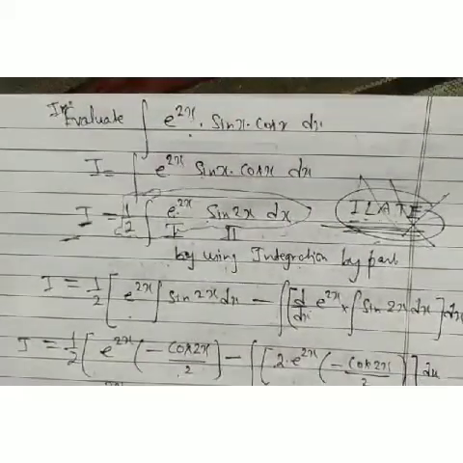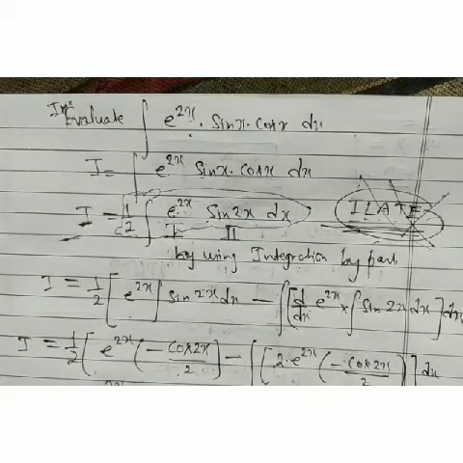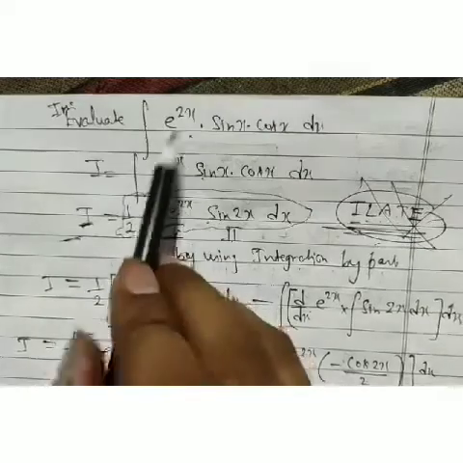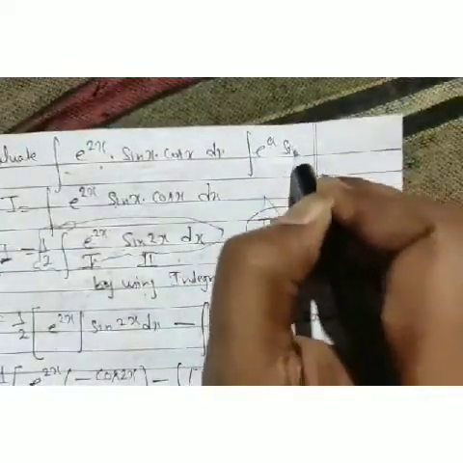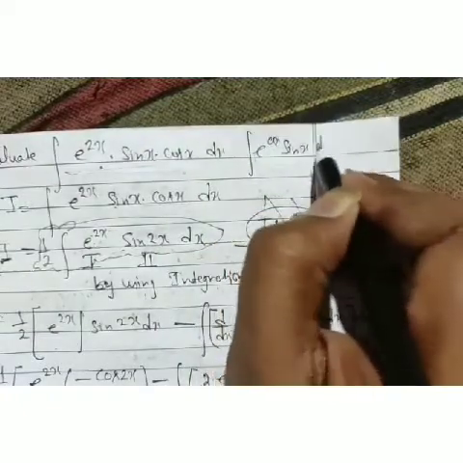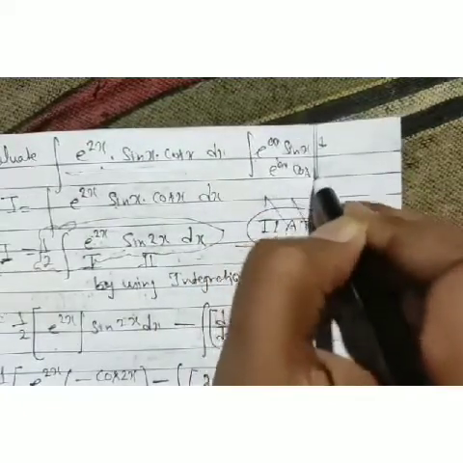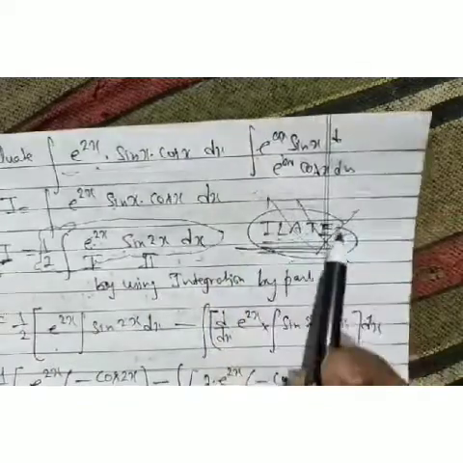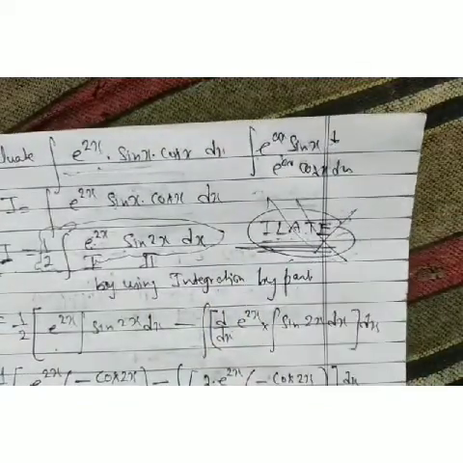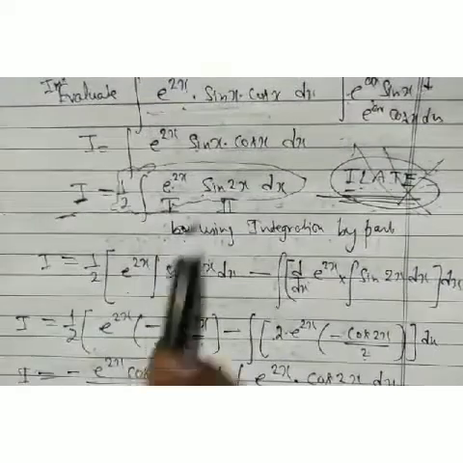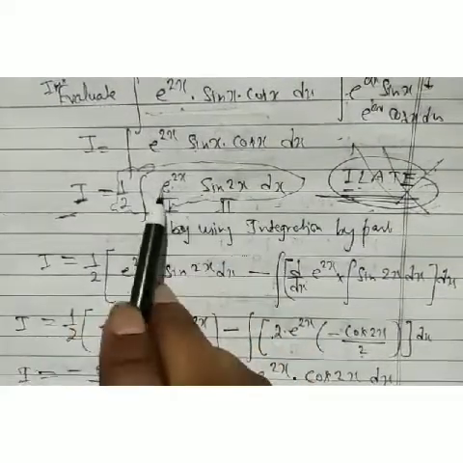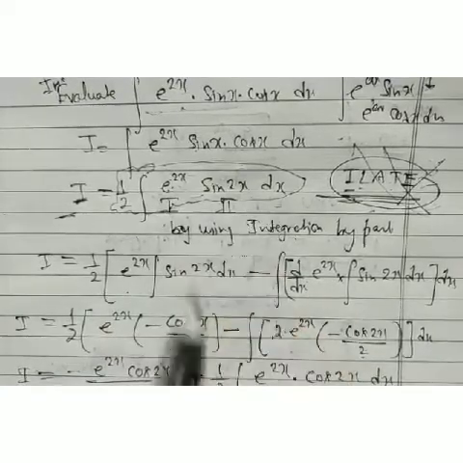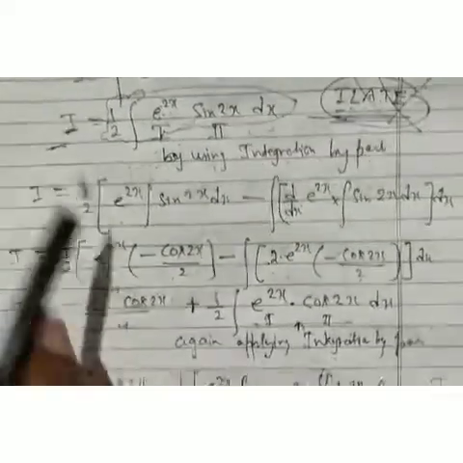Look again, this is an important problem. I'm telling you that we have to take integration of e to power 2x sin x or cos x in such types of problems. When we have a problem like integration of e to power ax sin x or e to power ax cos x dx, in such problems we do not follow the ILATE rule there. We just take the trigonometric function as the second function and the exponential as the first. We cannot take the exponential as the second function.